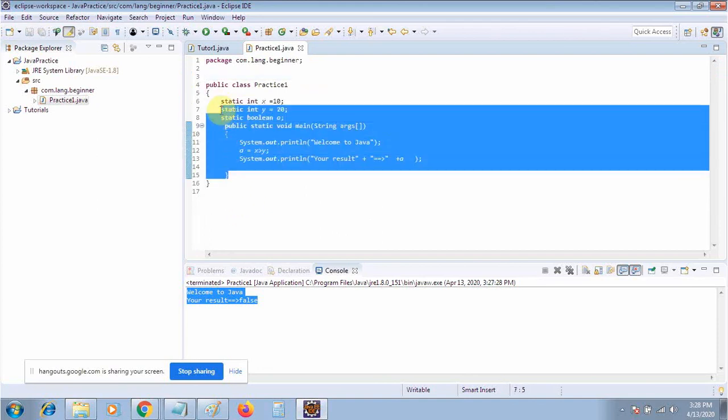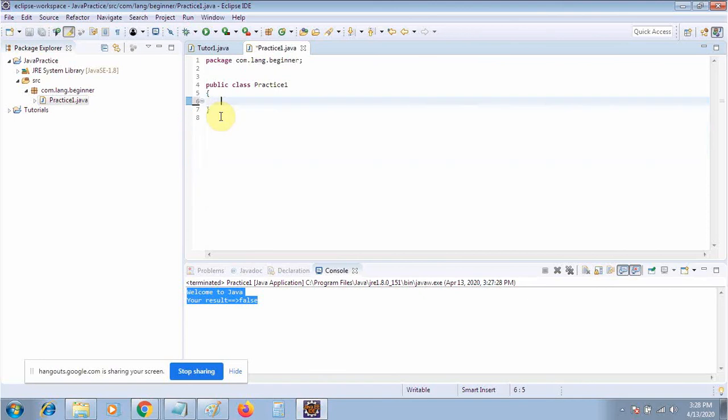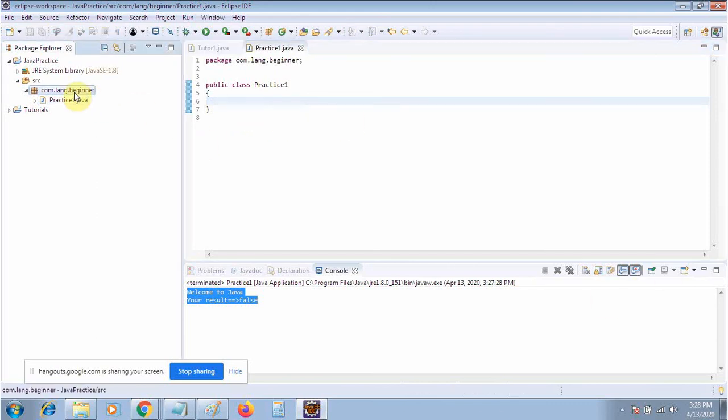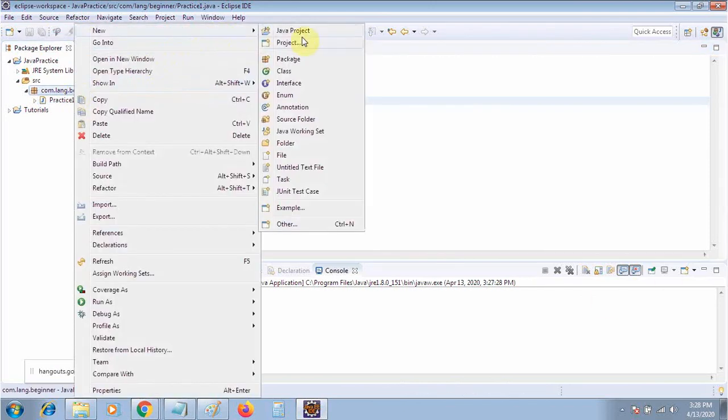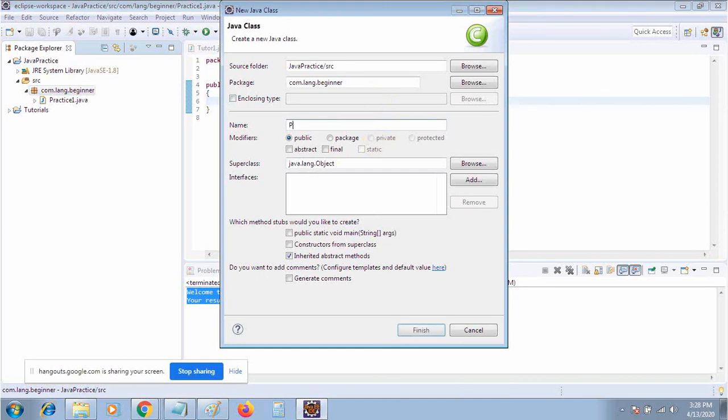Now we will work much more on this. We will create the object of some class and then we will use some method. Okay. So suppose that there is a class and now I will create another class like practice.